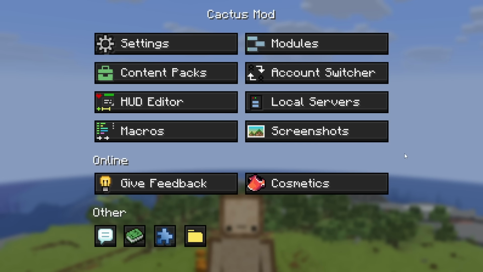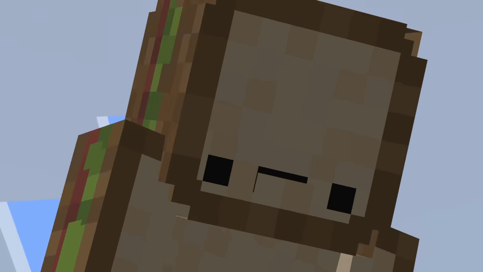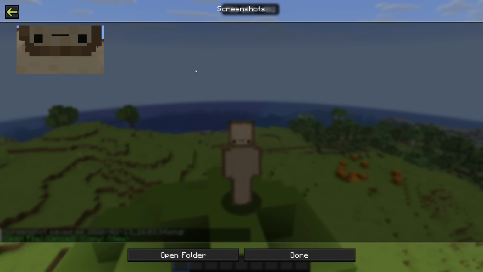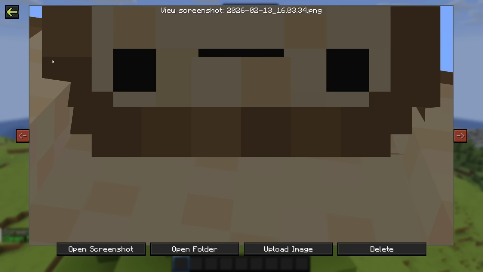Now screenshots, there's also a separate tab for that, which means if I take a beautiful screenshot, when we now click on the screenshots button, it will show up here. Ooh, what a beautiful man. And we can from here easily delete it, upload it, or open the folder where it is stored so you